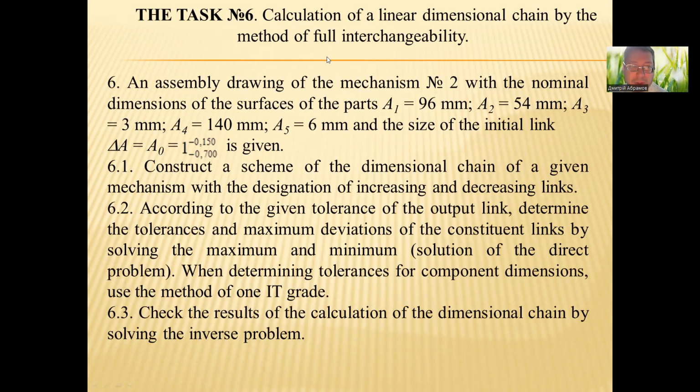An assembly drawing of mechanism number 2 with the nominal dimensions of the surfaces of the parts. A1 is equal to 96 millimeters. A2 is equal to 54 millimeters. A3 is equal to 3 millimeters. A4 is equal to 140 millimeters. A5 is equal to 6 millimeters. And the size of the initial link